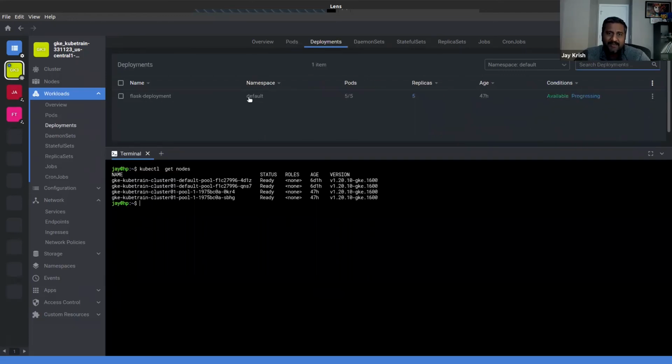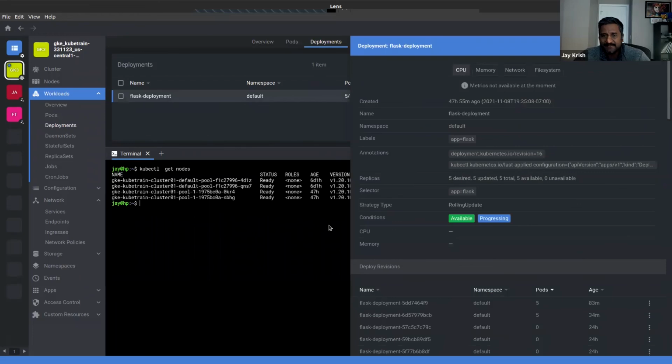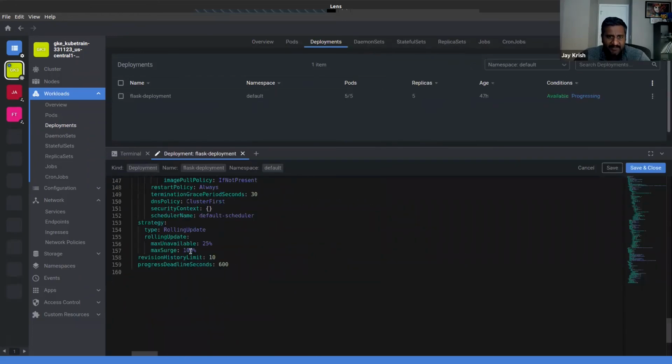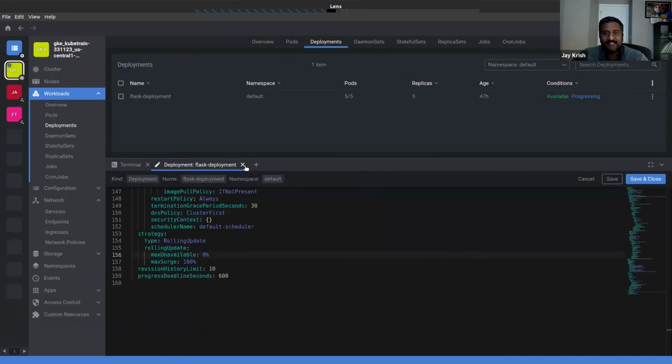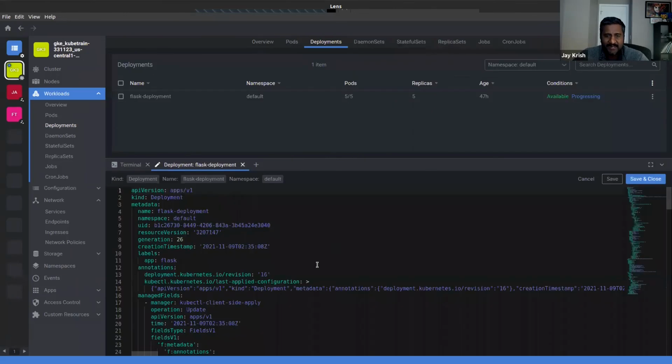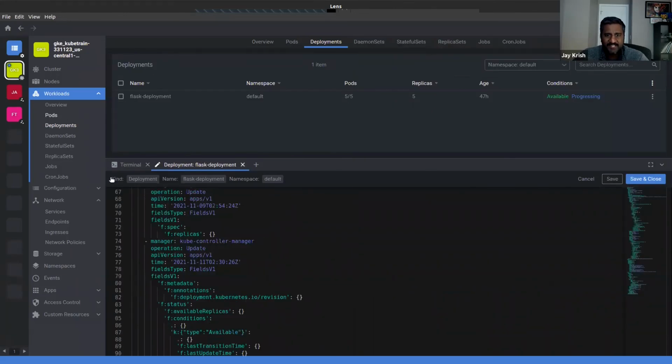You can bring many of those terminologies here. You can have 50%, and if you really love your application, you can even say max unavailable is 0%. Then it will create 5 and wait until all the 5 guys are healthy, and whatever that detail is, and only then it will change.